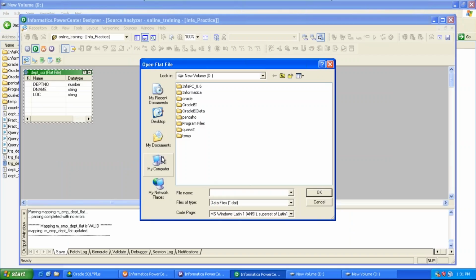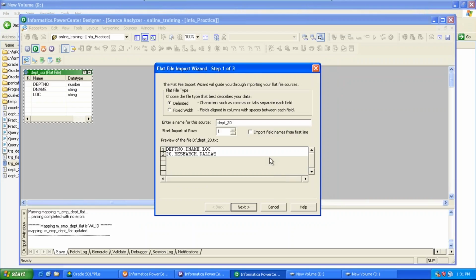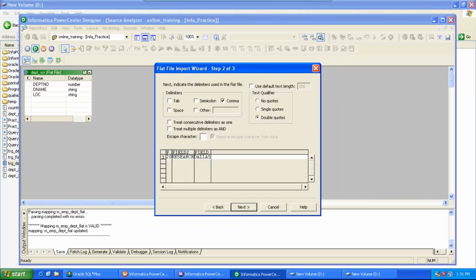As we all know, go to my computer D drive, and to see the files you have to do file of type as all files. Now select 20 and 30. 20, you select this flat file, and as we know, you have to select import field names from the first line. Why? Because I don't want these columns. Select it, click on next button,